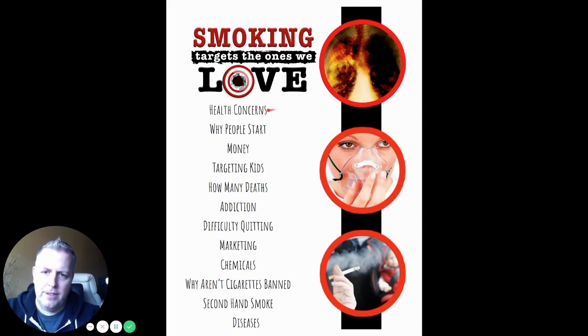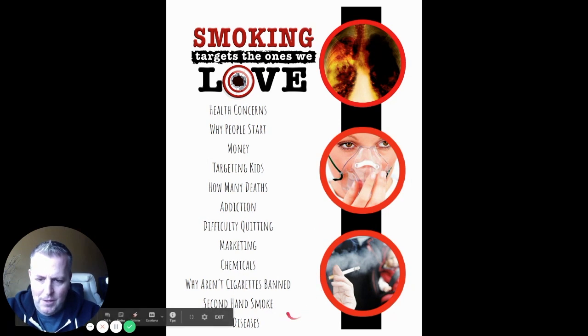So we can start looking at this and asking, are there any things here that are similar? And one of the things that I mentioned was targeting kids and marketing. So those might be an area that can be tied together. Another area might be the fact that we have dangers of secondhand smoke, we have diseases, number of deaths and all these things, and those could all be part of health concerns, right? And then lastly, maybe we could talk about chemicals, because that's a big thing on its own that many of us are very familiar with. So we can see that we could take all this information and break it down.